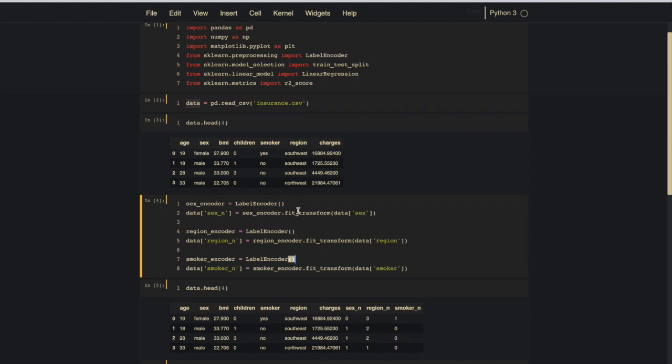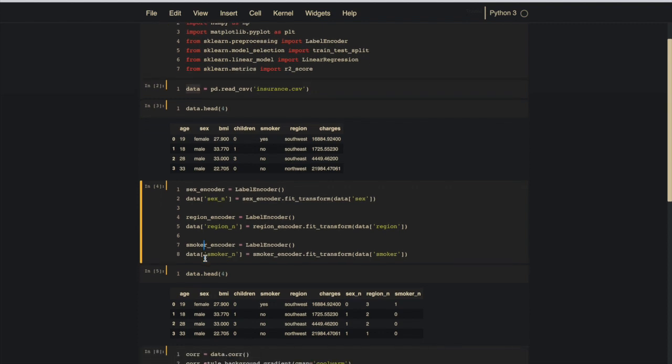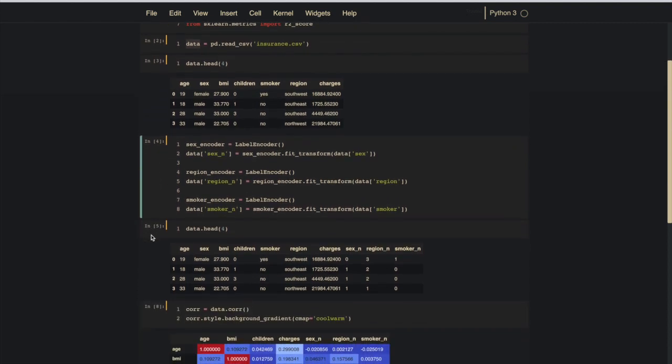You will ask why we are doing it with a different instance for each. Whenever you put this model in a live setting, a new instance of data may come to you, and you need to convert it into numerical values like 0, 1, 2, 3, but it should be the same mapping that you used in training. That's why we are saving them to different instances. After this cell we will have the encoded values. If you see, sex, region and smoker are now numerical.